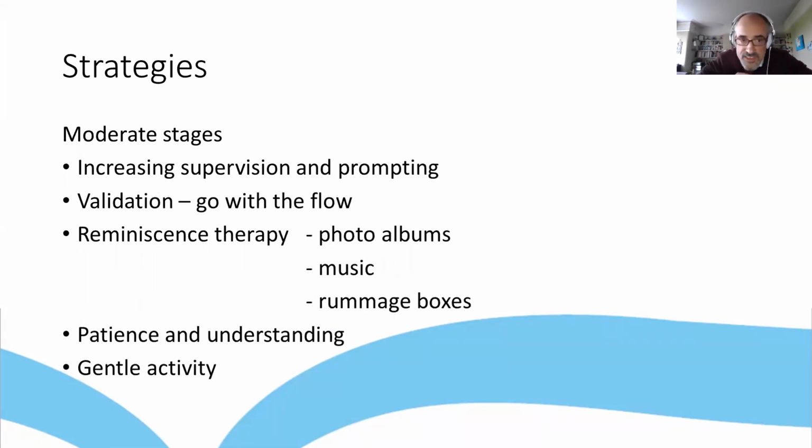In the more moderate stages, people will require increasing supervision and prompting. This is as their appreciation of risk deteriorates along with the cognition. There is an approach known as validation, which is very useful to employ at this stage, which is, in a nutshell, going with the flow. It's about not contradicting the person's perception of reality and not entering into arguments with them